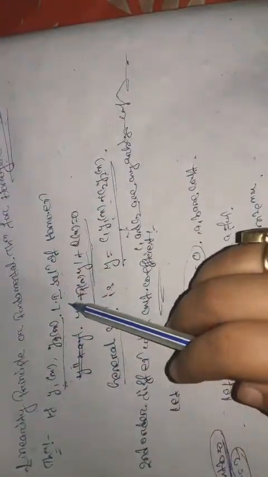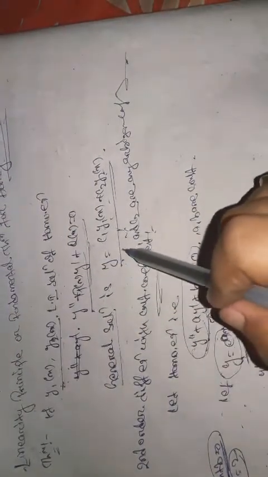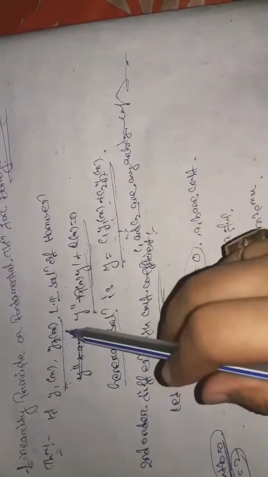From this theorem we know that if y1(x) and y2(x) are linearly independent solutions of a homogeneous equation, then our general solution is y equals c1, an arbitrary constant, times the first solution, plus c2 times the second solution. Like this, here we take a homogeneous equation. We take any solution, let it be y equals e to the power mx. Solving this, we find the values of m. These are the roots of this equation.